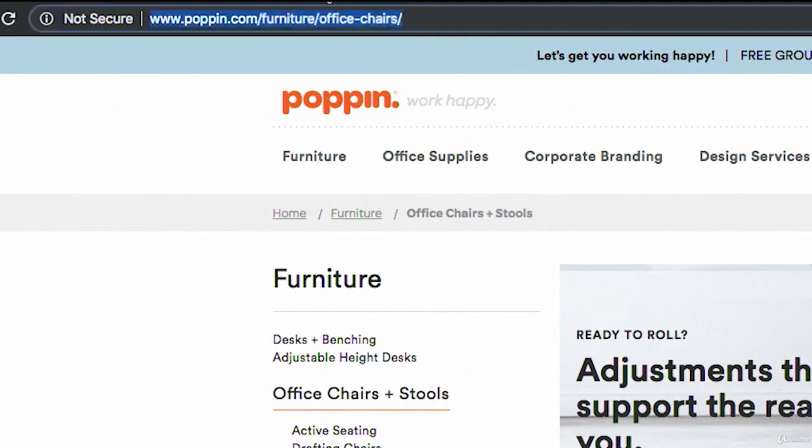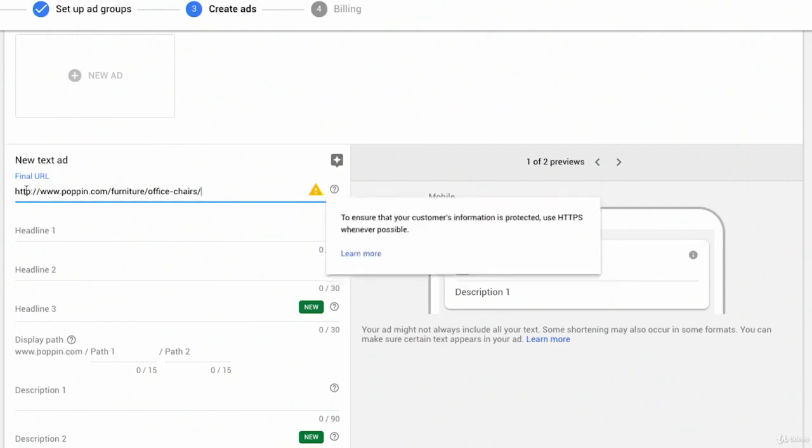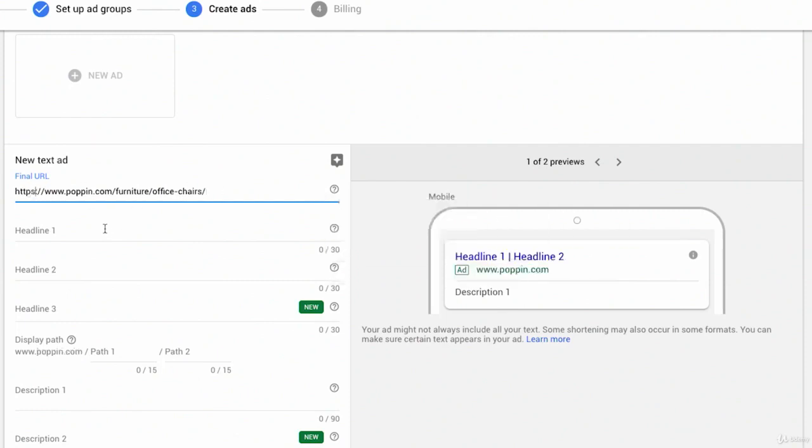So I'm going to copy this URL, bring it in here, select all, paste, and I'm getting a warning. Oh, right, it has to be HTTPS. So we're going to add HTTPS over there, and we're going to go and write some headlines. So I want to incorporate all the different things we've spoken about, but of course I can't put everything into one ad. So my headline one,